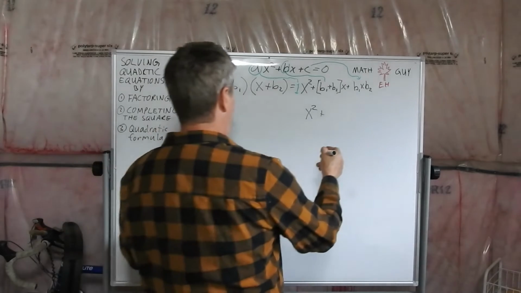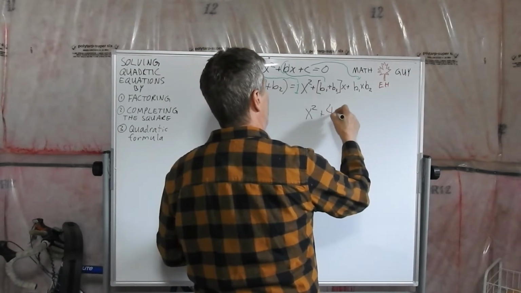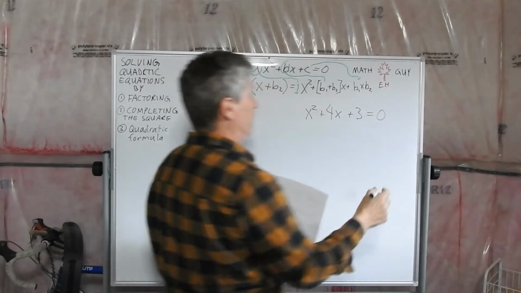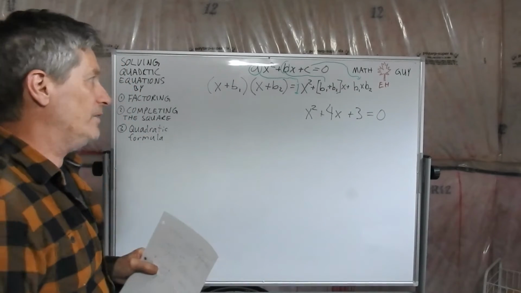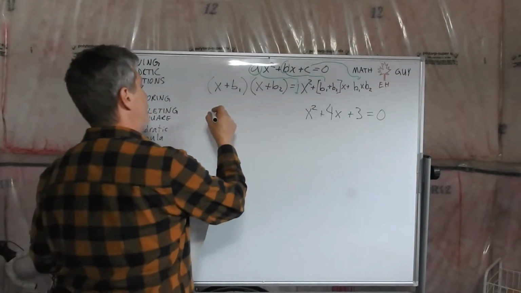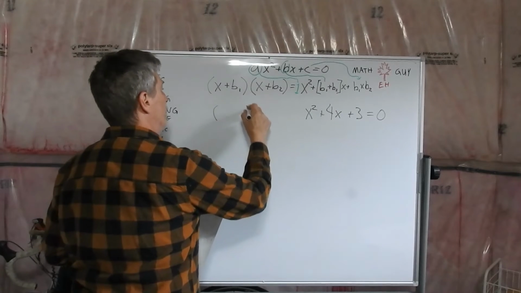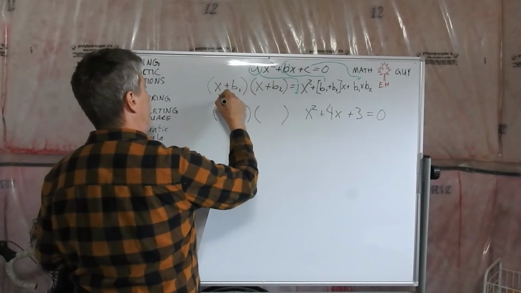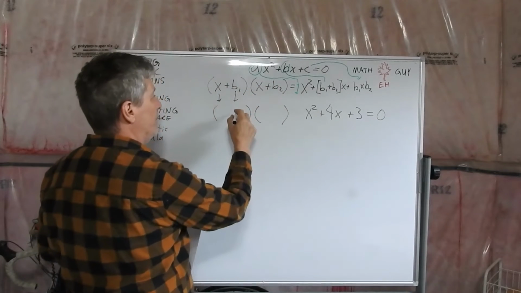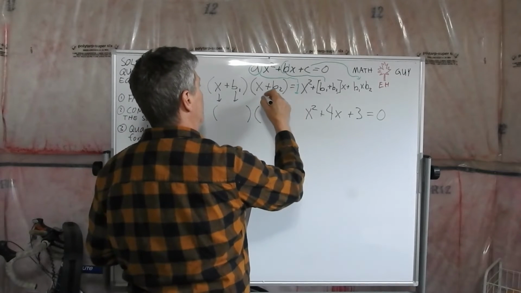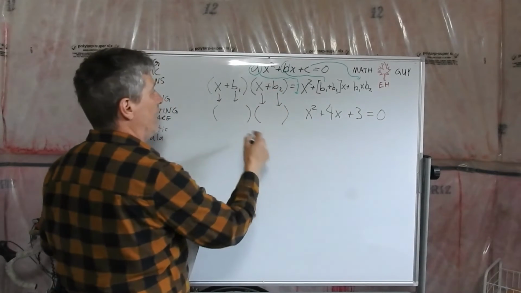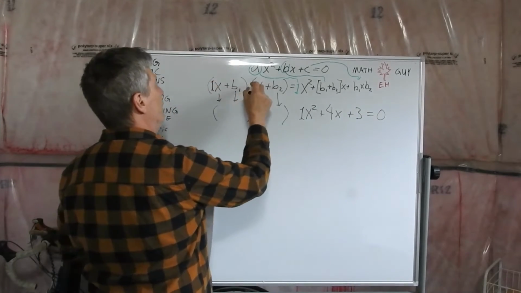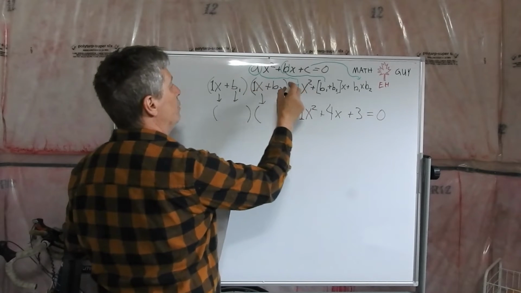And you're given x squared plus 4x plus 3 equals 0, and I say factor that. What are the two factors? Well, we know that the two factors are going to correspond to this. You're going to have a b1, a b2, and an x and an x. Now we know from this example, if you have a coefficient on a that is 1 on both,